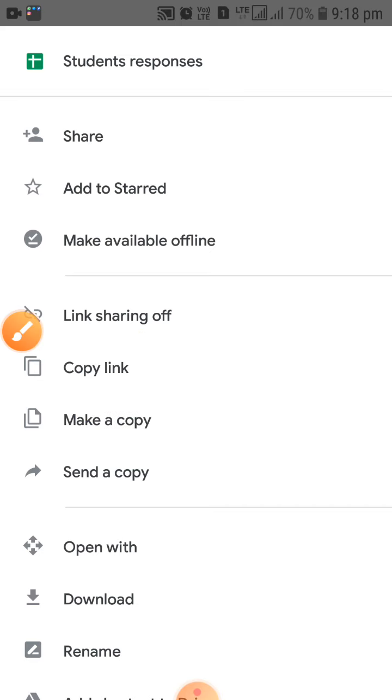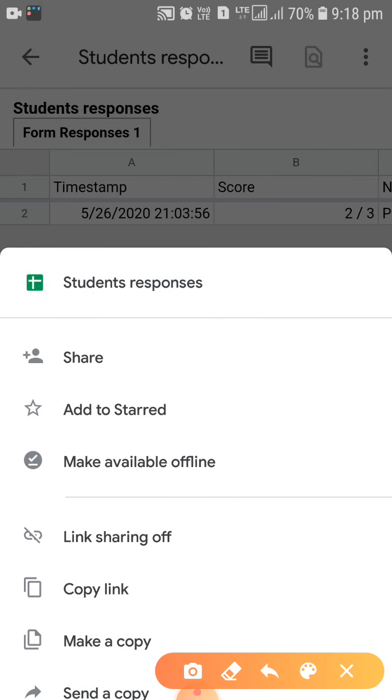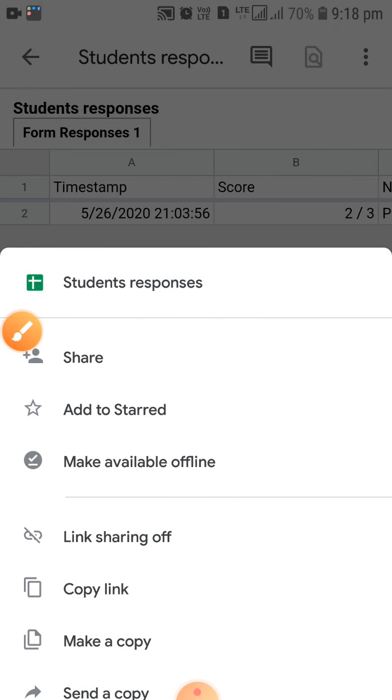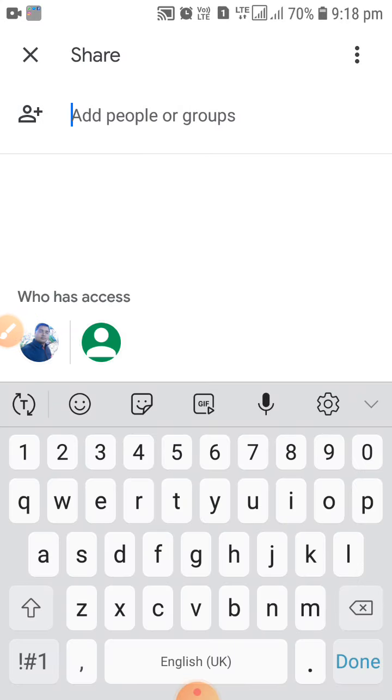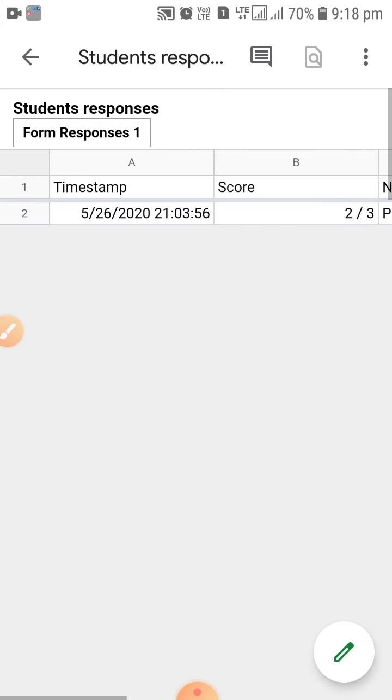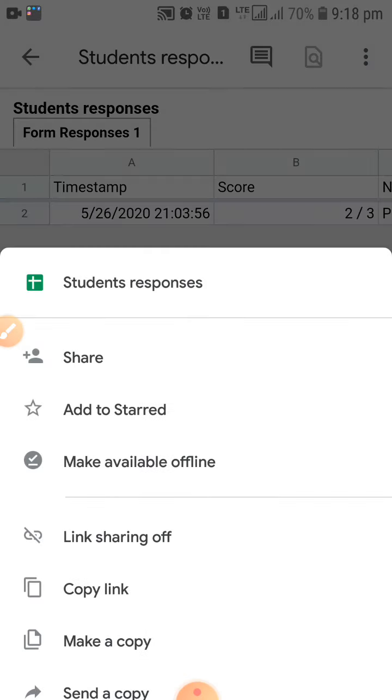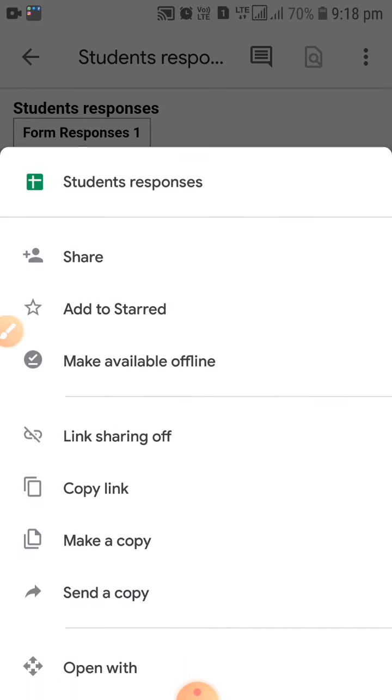That time I copied the link, and this time I am going to click on this share option. Okay, I'm just clicking on share. You can see it is asking for the email ID of the person with whom we want to share this particular Excel sheet, because the Excel sheet will go to them. So you will have to write the email ID of the persons. So it is better to copy the link and send it to someone. That is quite easy, my dear friends.